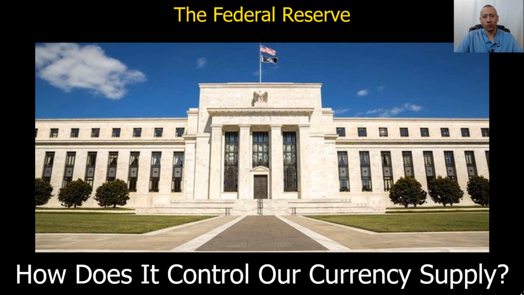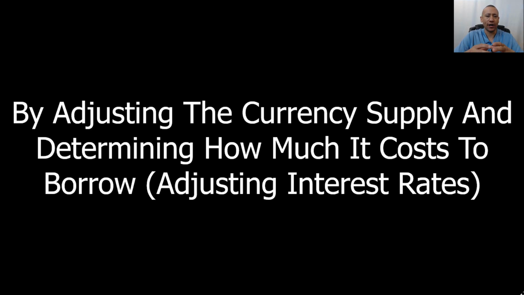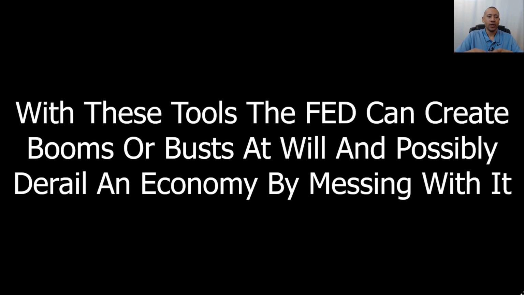So how does the Federal Reserve control our currency supply? Well, they control it by adjusting the overall currency supply, or the amount of currency that's in circulation, and also by determining how much it costs to borrow. And this is referred to as adjusting interest rates. You see, with these tools, the Federal Reserve can create booms or busts at will and possibly derail an economy